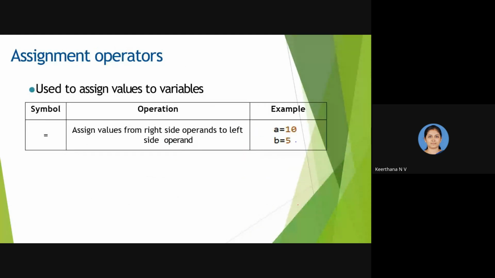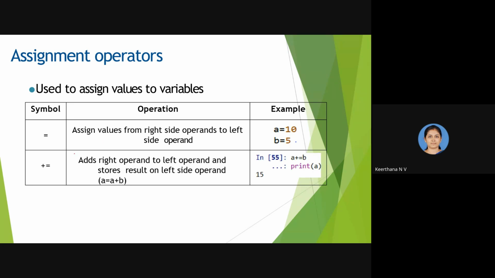Assignment operators. An assignment operator means you are assigning a value to a variable. There are different types of assignment operators. The single equal to operator means, for example, you are assigning 10 to A and 5 to B. The second one, plus equal to, means if you have this expression,